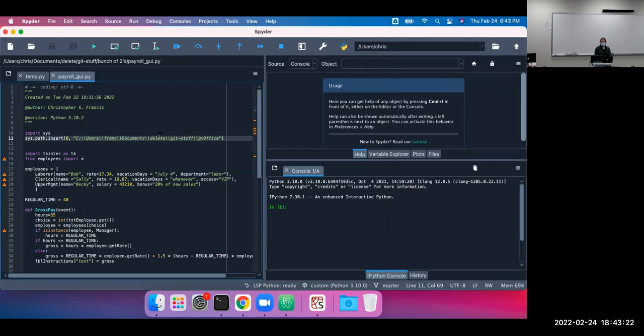For one, that's a Windows address. That wouldn't even work on the MacBook here. That would just crash immediately. The Mac would be like, why is there backslashes all over the place? Backslash doesn't mean anything to a Unix operating system. So we can also use relative addressing. To go up a level is dot dot. Dot dot means go up a level.